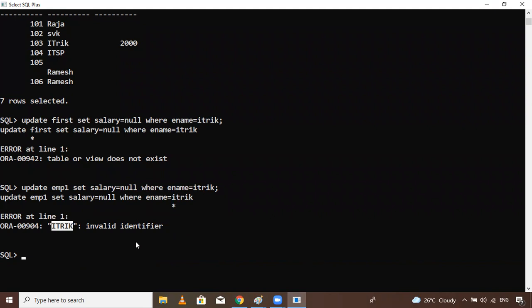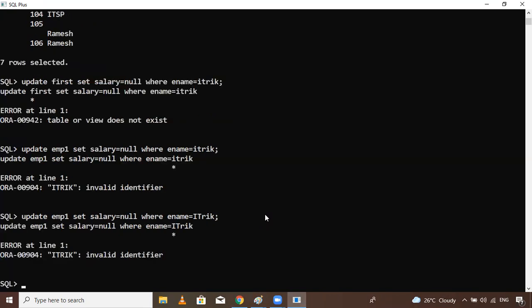Invalid identifier. Why? Invalid is saying. Just try to change the name, guys. Suppose ENO, I want to pass ENO instead of passing the name.